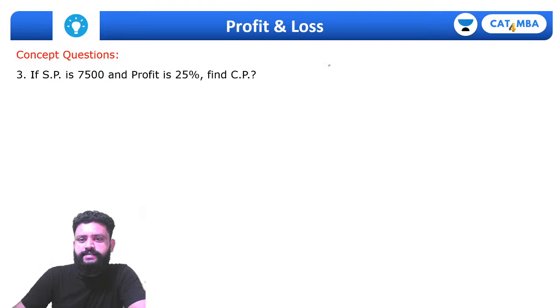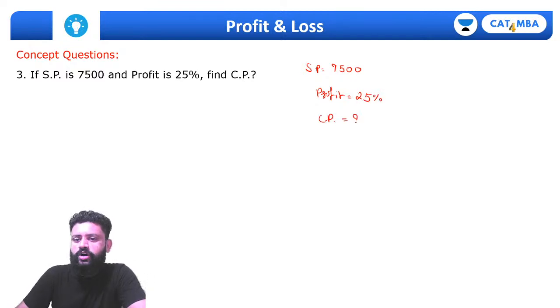If the selling price is 7500 and there is a profit of 25%, I'm supposed to calculate the cost price. How to solve this? The common mistake students do, they calculate, all of you know that selling price is going to be greater than cost price because here is the profit, right? Okay, so if you just take